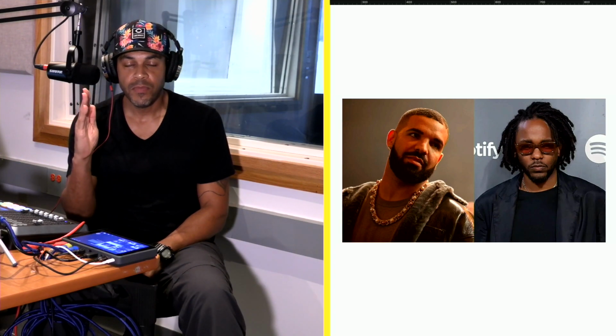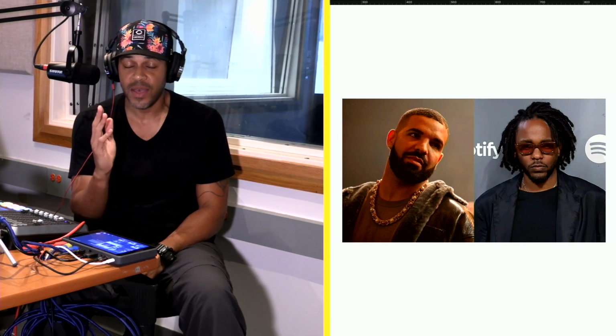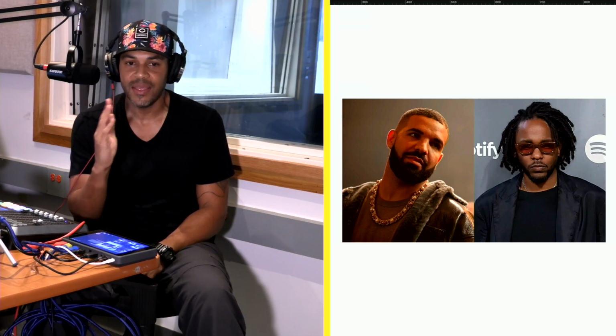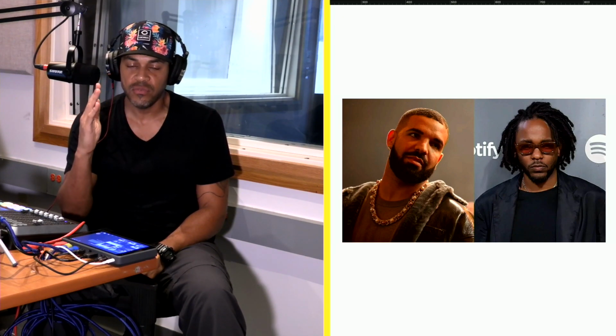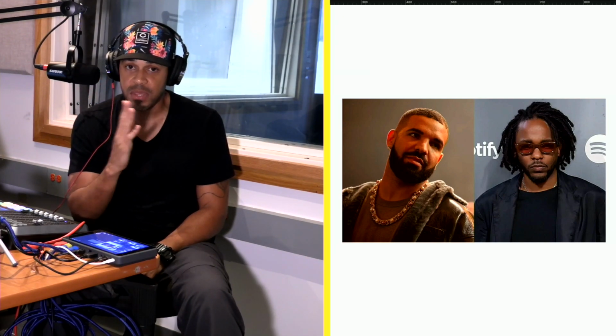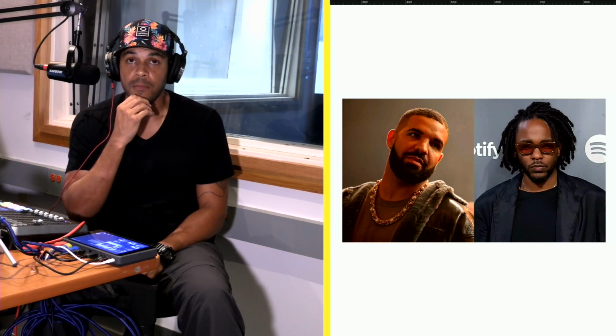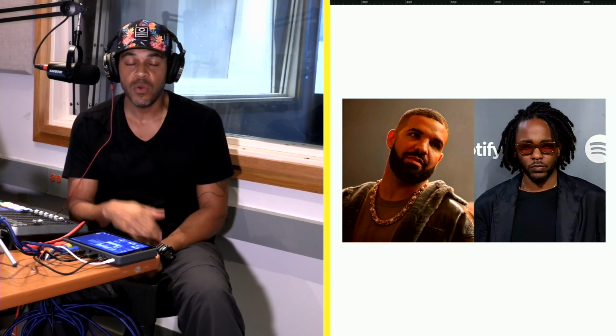But I just feel like people saw Kendrick one way, and now a lot of them see him another way. It might be positive or negative, I don't know, but I just think it's a different way. Kendrick's career could be seen as before the Drake battle and after the Drake battle, maybe, right? Because he basically let us know that he will go all out, no holds barred. Like he's going all out.